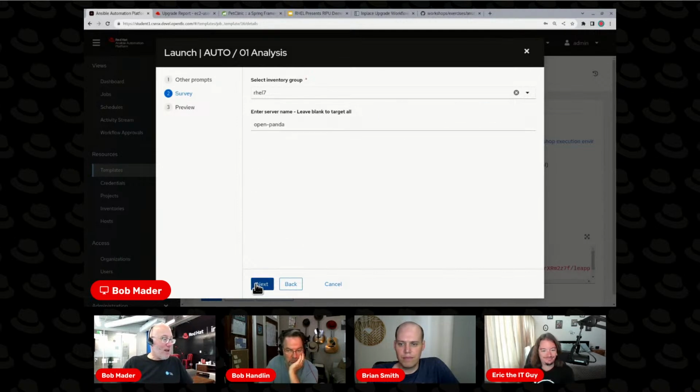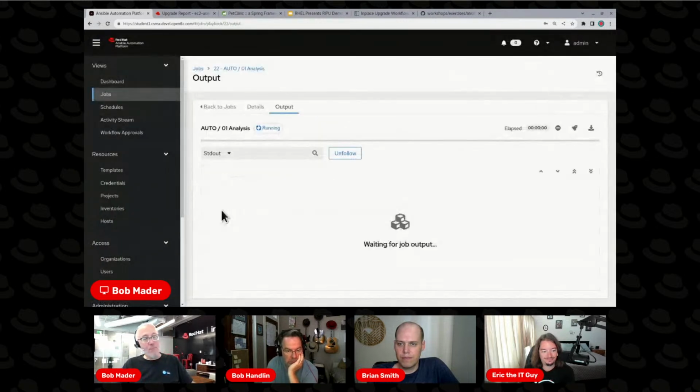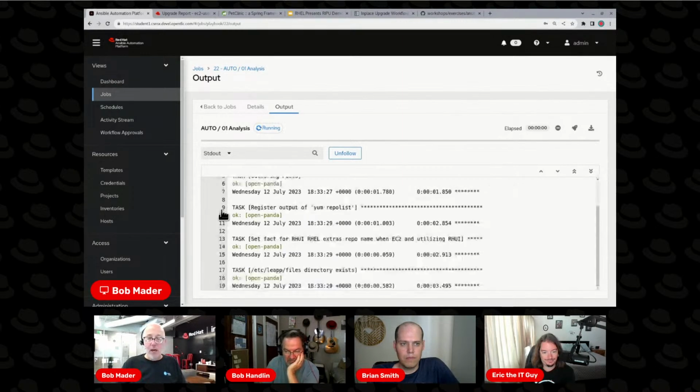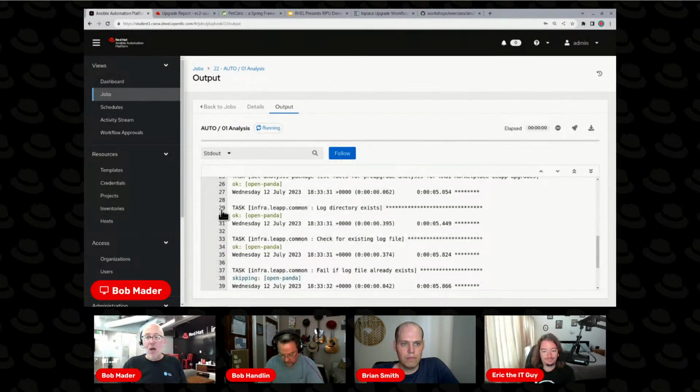And we'll go ahead and launch that. The pre-upgrade report takes a few minutes to run, but after that's finished running, we'll see that those inhibitor findings are no longer there because we ran that automatic remediation. And so you can see how these different pieces of automation fit together to help you smooth through having in-place upgrades happen at scale, because you can prepare your environment so that you don't have any inhibitors when you run